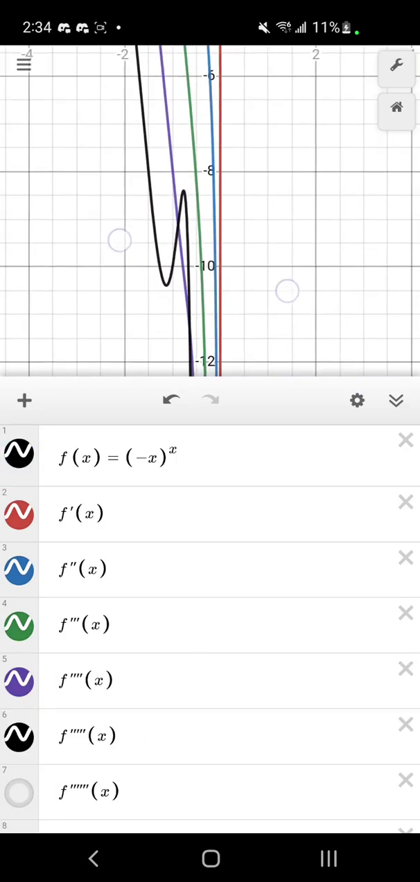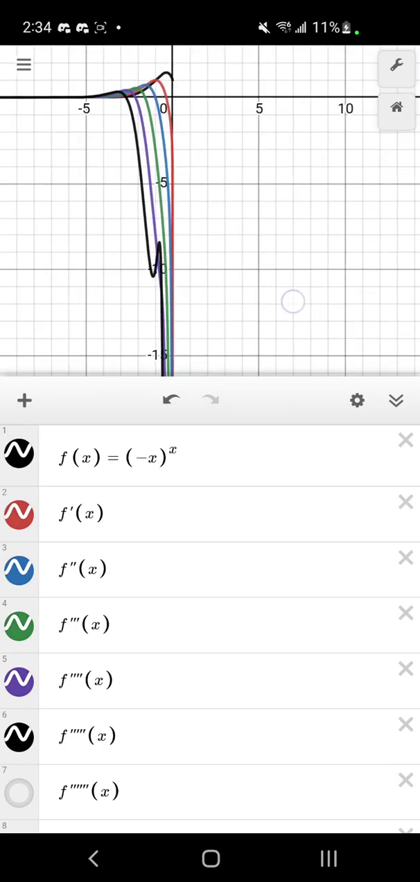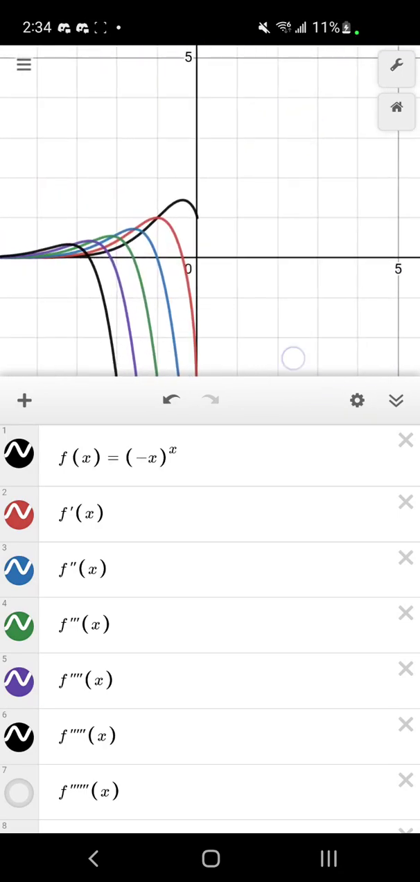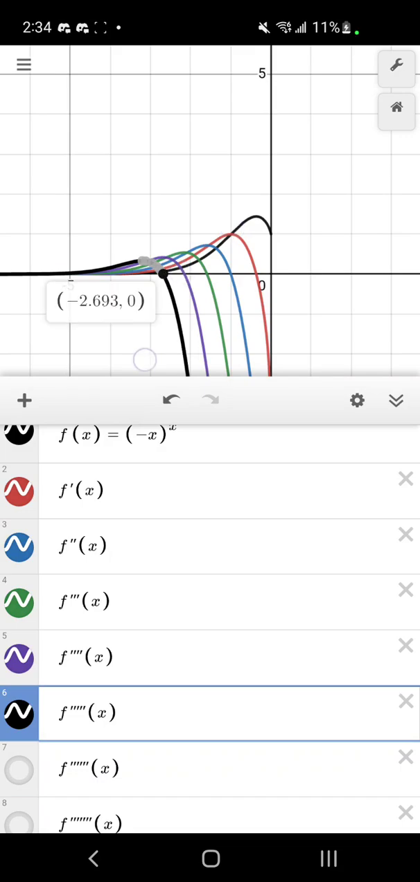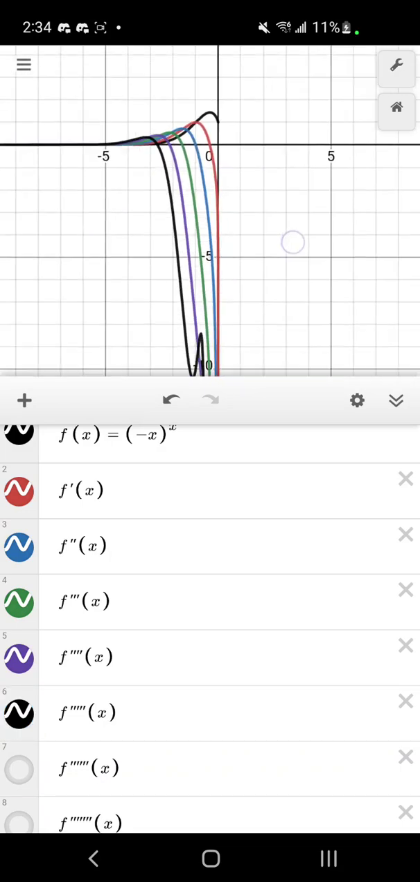Maybe this could have been predicted, because I was really just expecting it to keep going down like this and then just go down to negative infinity. But